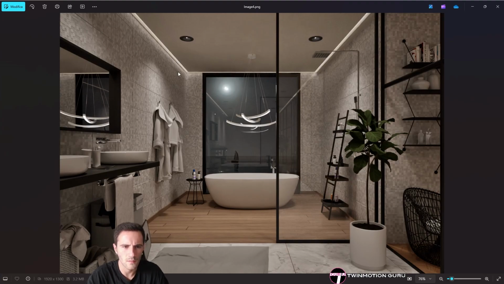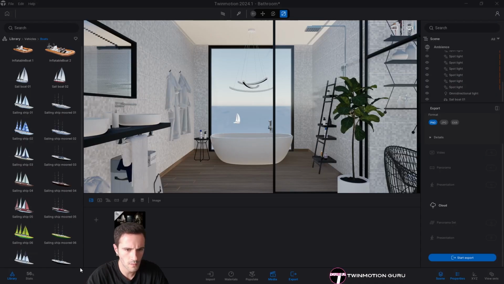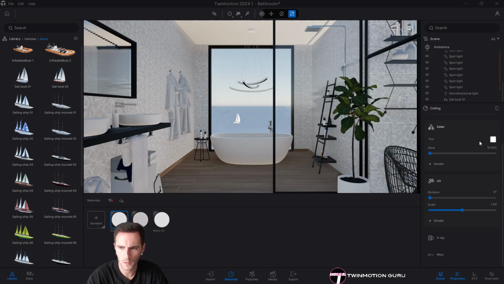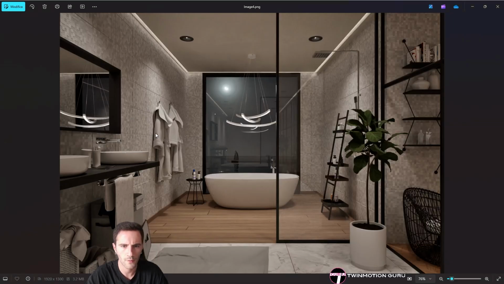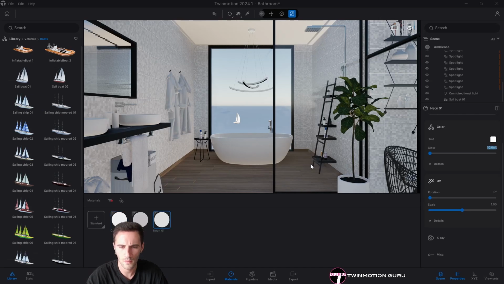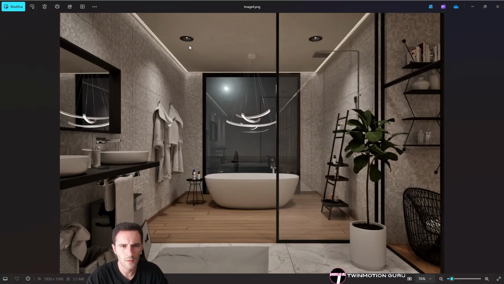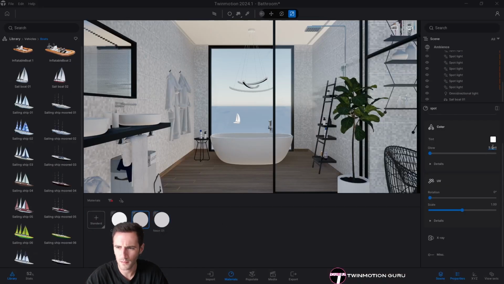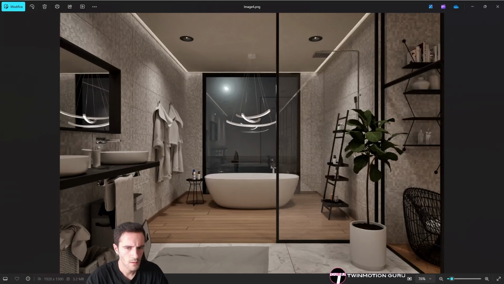Okay, this light, this emissive material needs to be increased. So for the material, the ceiling one, let me just put 30. Try with 30. This one needs to be decreased a little bit. So with Twinmotion, the neon here, I don't know, 7. Let's try with 7. Let me see the emissive from the spots. Yeah, maybe I can increase them a little bit. 10. Okay. Then for the omnidirectional light, I can increase a little bit the value, but okay, I think